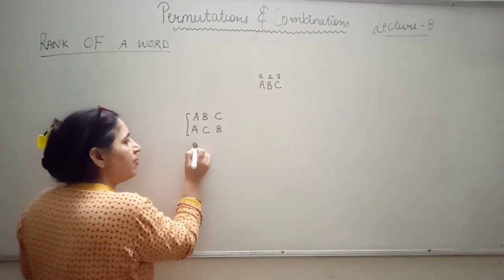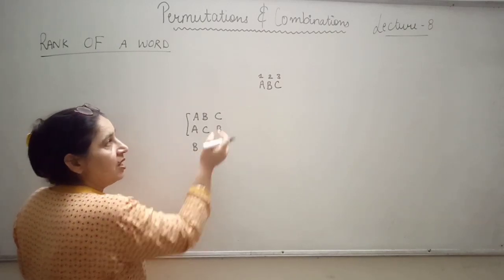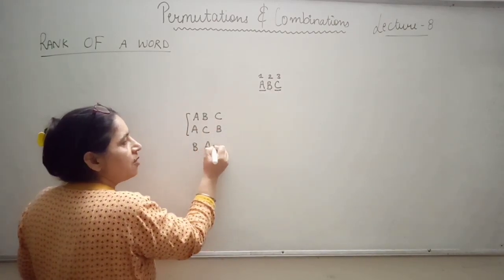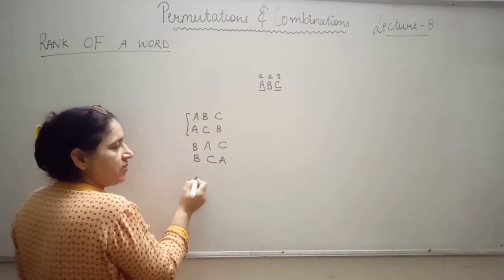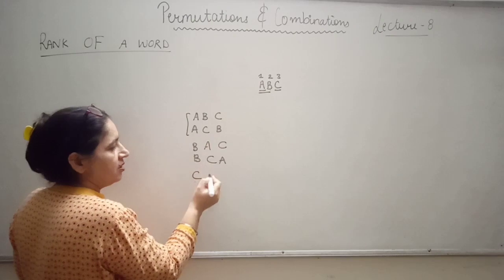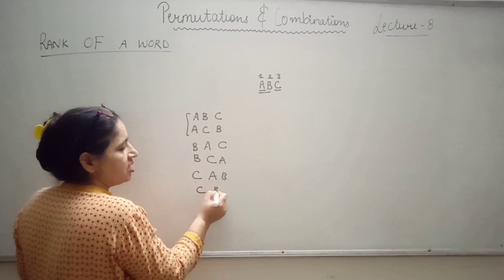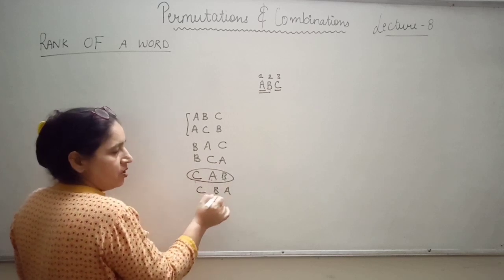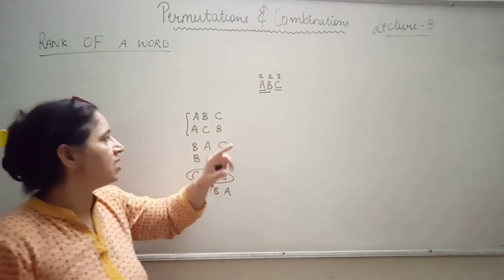Why starting with alphabet B? Then after that there will be the words starting with B. After B, alphabetically, if you have written B at this position, then A and C are left, and in A and C, A comes first before C, so it would be like this, then like this. Then the words starting with C: if you have kept C here, then A and B are left, and A comes before B. So this is CAB and then CBA. Why is CAB written before CBA? Because A comes before B. So in this way we can write these three letters A, B and C alphabetically.